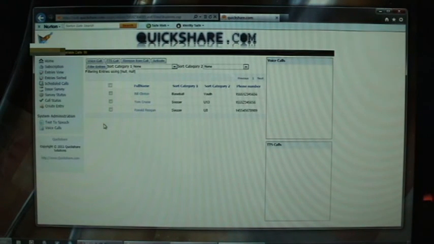Alright, this is where I'm going to show you why it was really important to use sort categories. If I wanted to go ahead